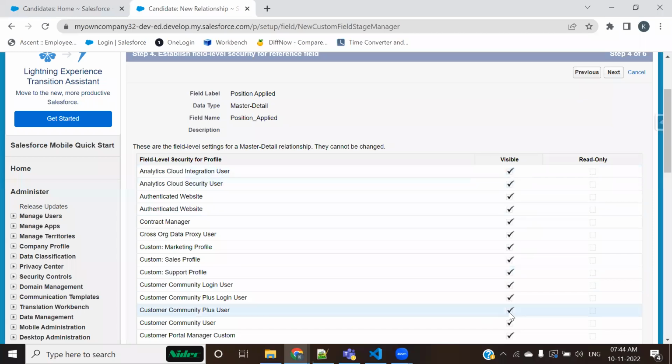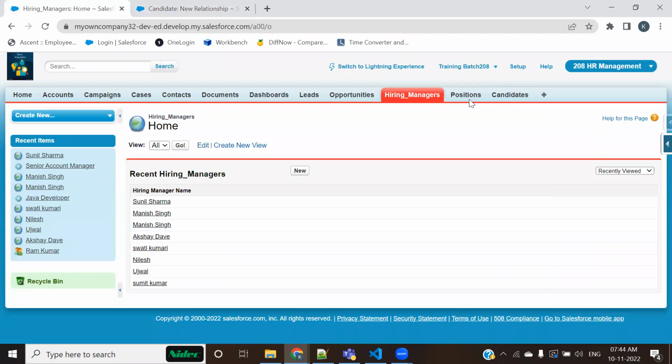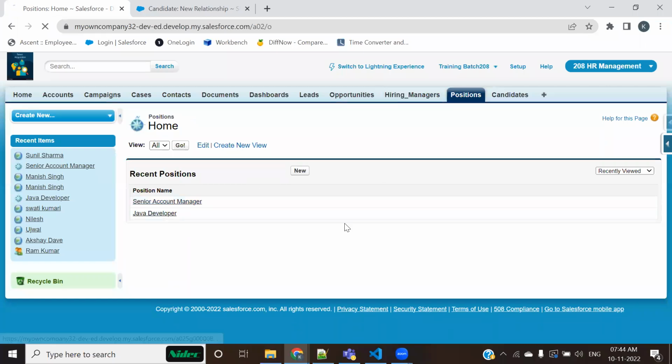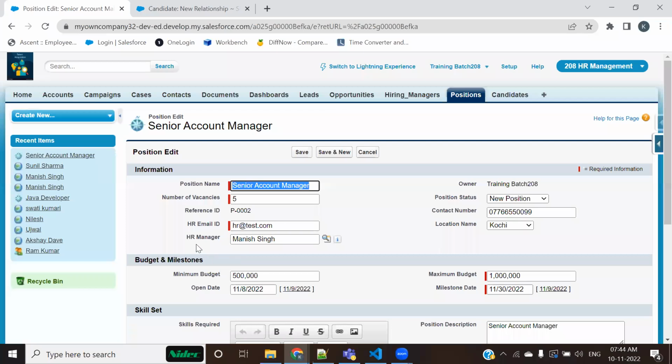Now, I think we should discuss this at least once. You have already created one lookup relationship inside position, right? And we discussed one point over here about the lookup relationship field. See how it appears on the user interface.